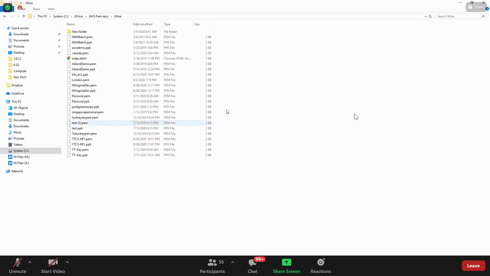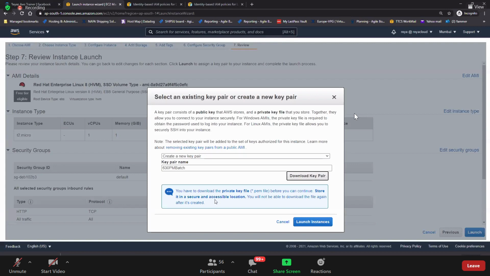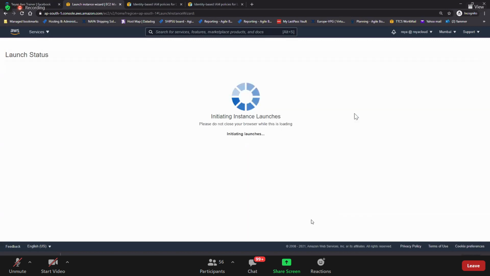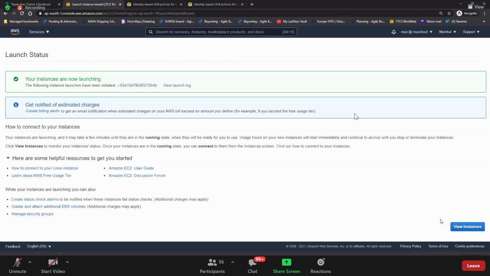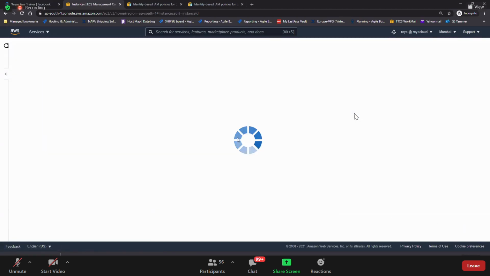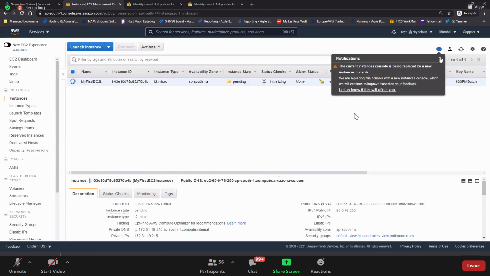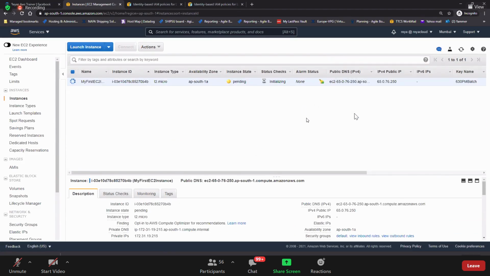I paste it here. Okay. So now I have my key pair ready, and should I go and launch instances here? Boom. Click on view instances here, and then congratulations, you have your new first EC2 instance launched.